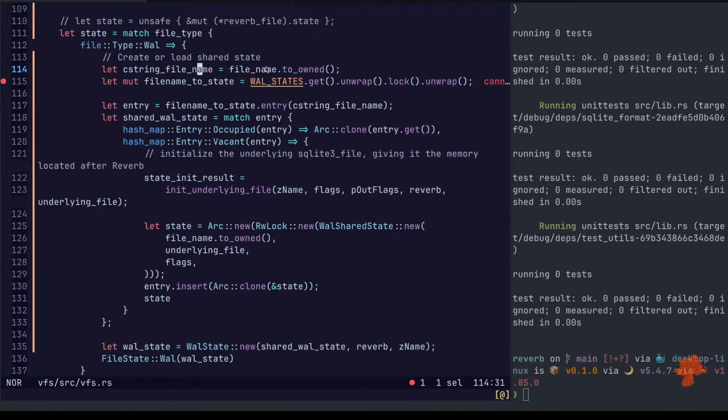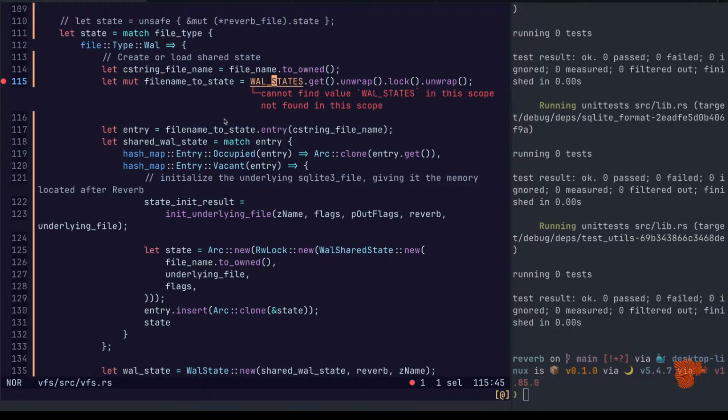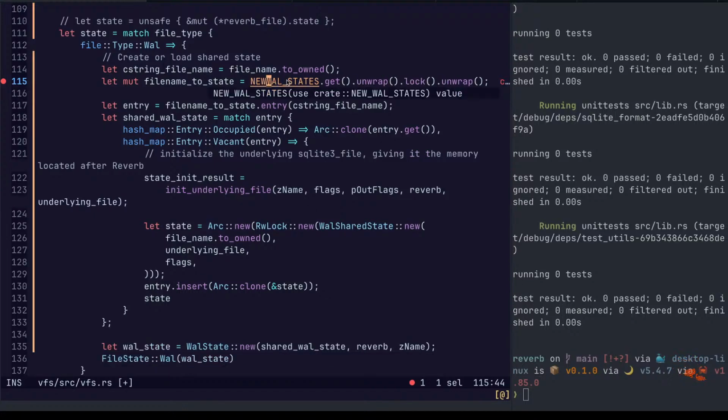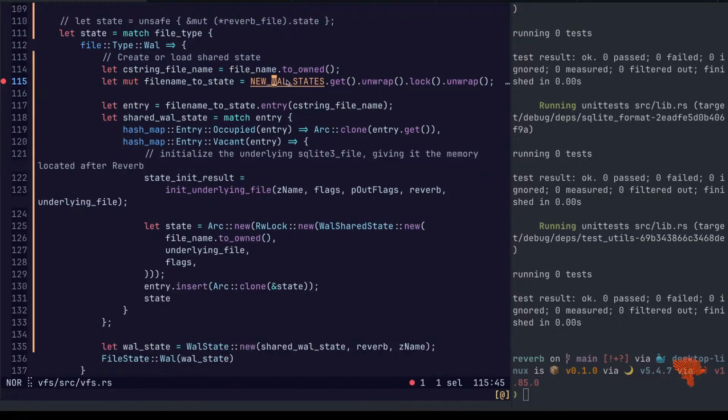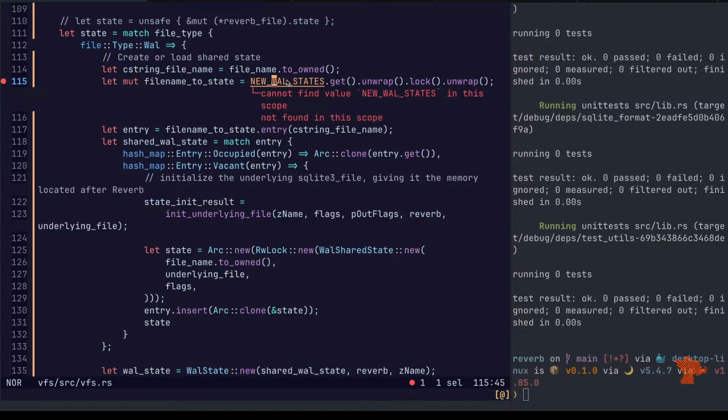So what do we do when we get a new element? Right? We get the new wall states. But we're just going to get the object, and then we're going to have the object do most of this here.